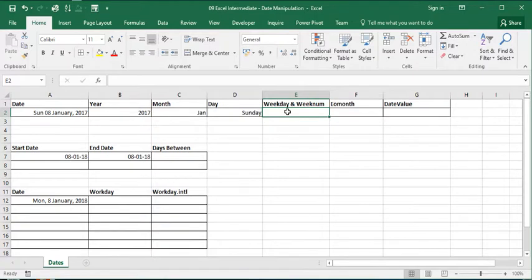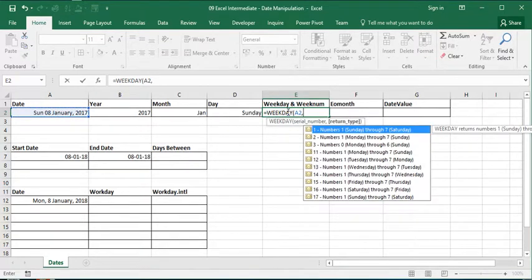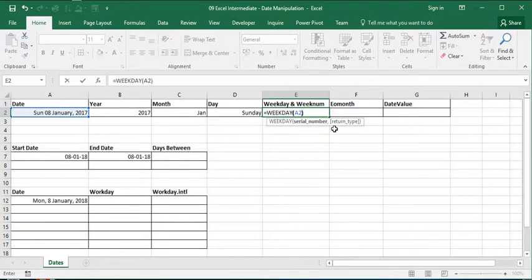Weekday, you can use equals weekday. The weekday of that serial number, comma, this will give you the return type. If you put 1, 1 will be a Sunday, 7 will be a Saturday. There are different options you can choose from based on which week you want to pick. I like to pick 1, and since it's the first one and the default for Excel, I can omit it, close bracket, and it will pick 1. Sunday being a 1